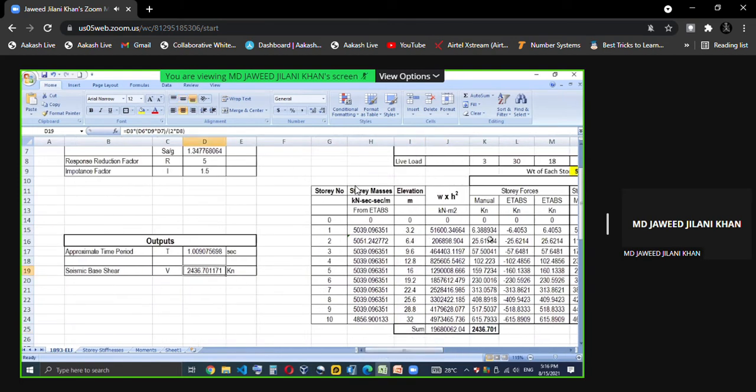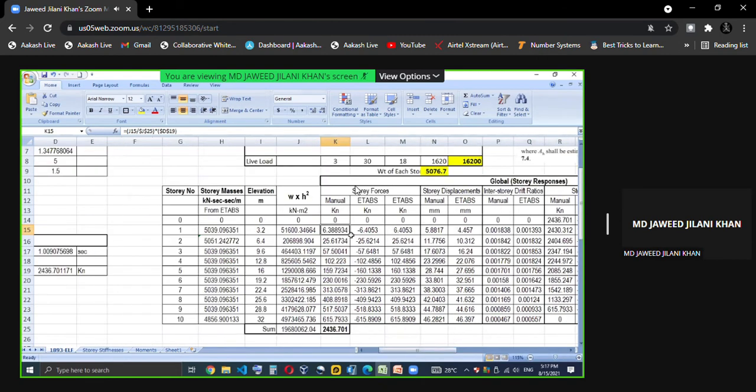From this 2436, the first story, how much is getting distributed: 6.38. So this formula I have given, right? This Wi Hi square divided by summation of Wi Hi square multiplied by VB. I drag it, and I'll get it for all the stories.